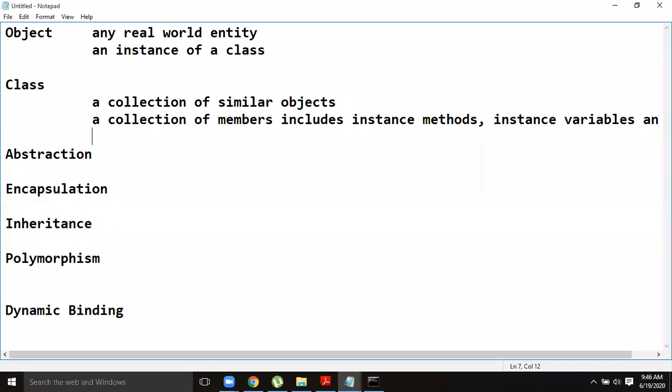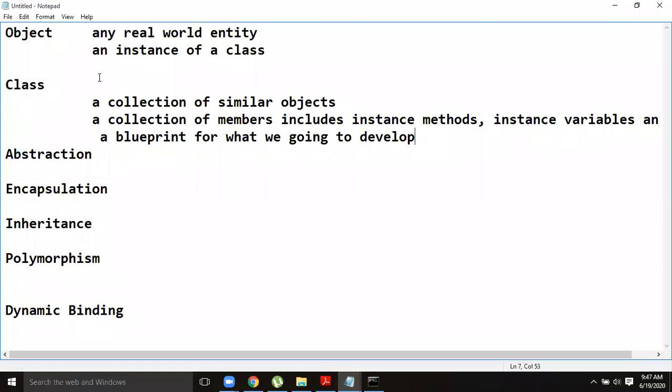Anything else can be included in a class definition. So, in general, a class is a blueprint. A class is a skeleton or a blueprint for what we are going to develop. Remember, if you want to create an object, a class must exist.